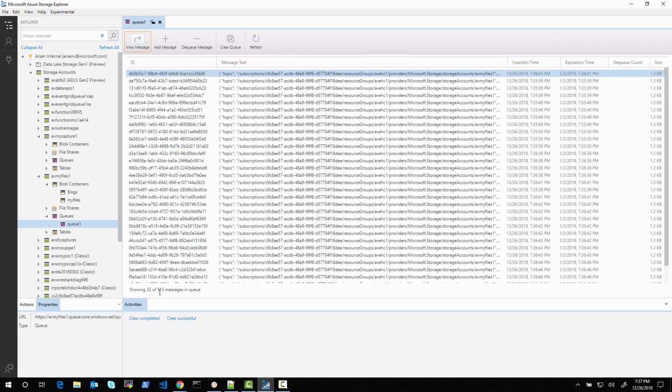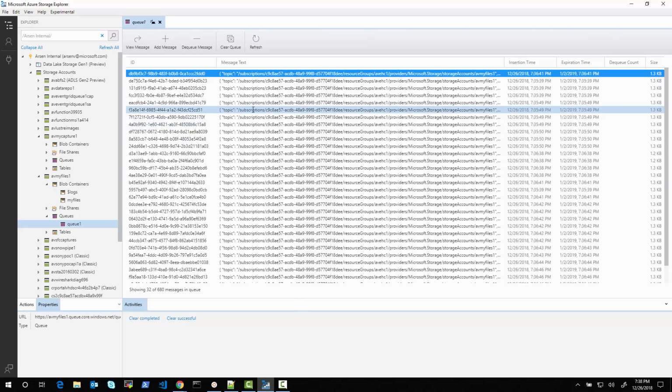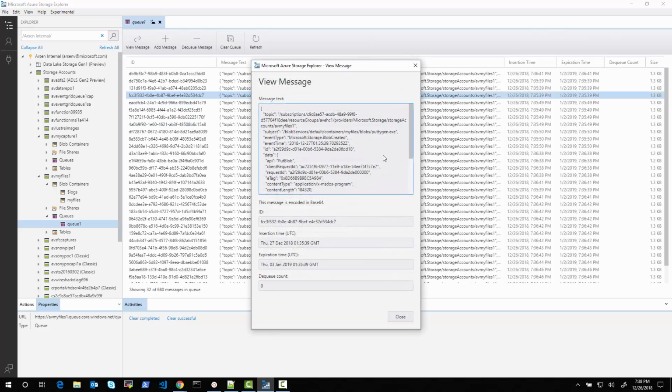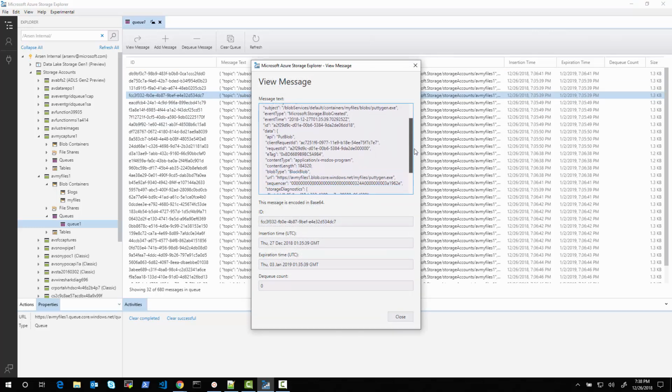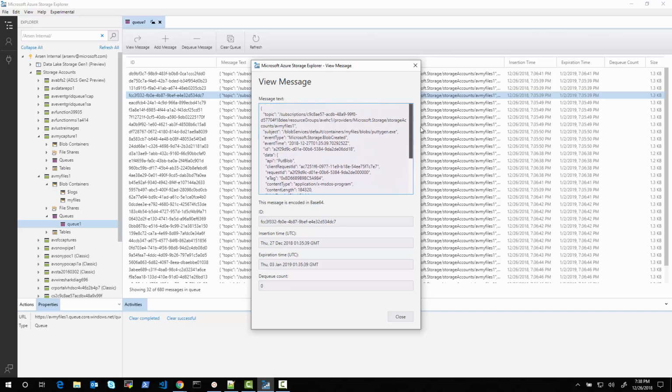So there are right now 513 messages in the queue. And if we refresh, we can see 637, 648, 656. So we're uploading the data, and each event is generating a queue message because Event Grid is sending. And if we double click on it, we can see the contents of this message is this JSON